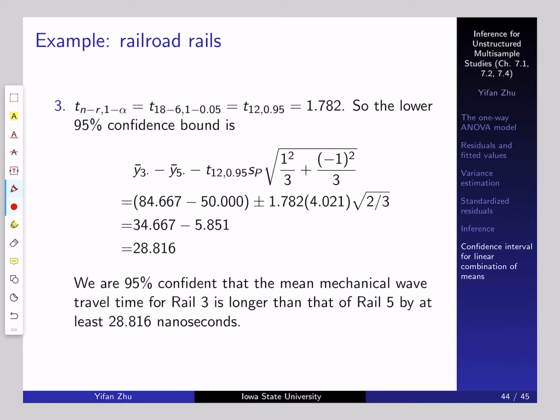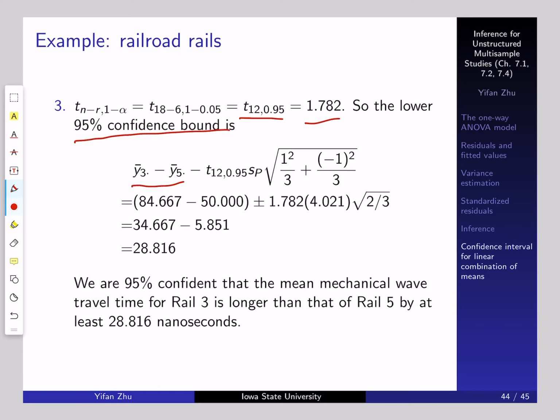Because it is a one-sided confidence interval, the quantile we use is the 1 minus alpha quantile. So it should be the 0.95 quantile of T12, and it is equal to 1.782. And the lower 95% confidence bound is then